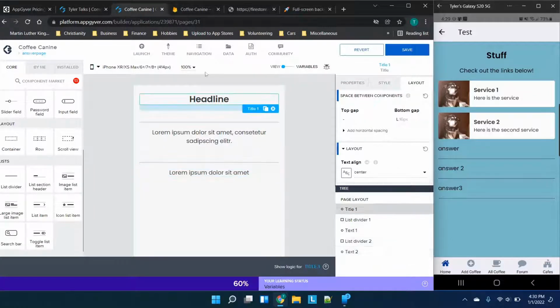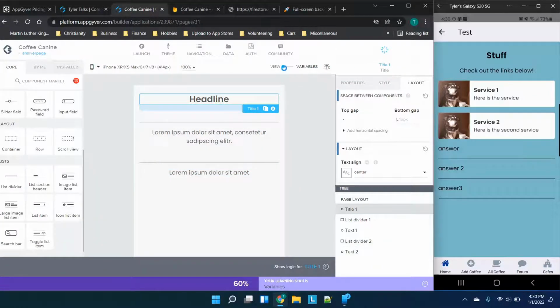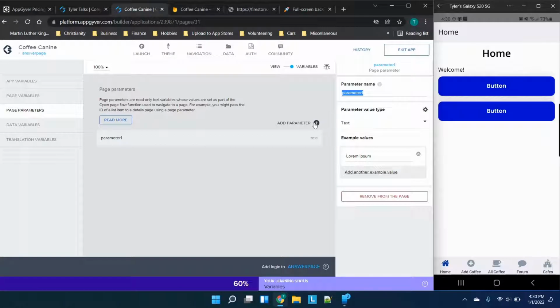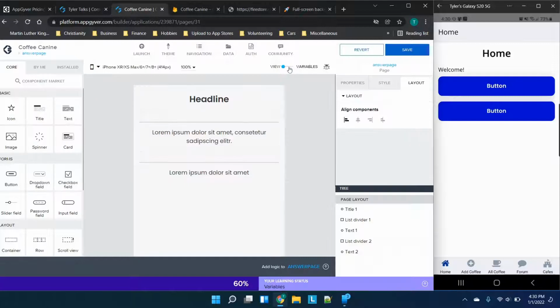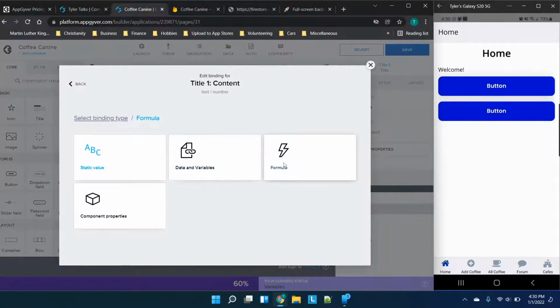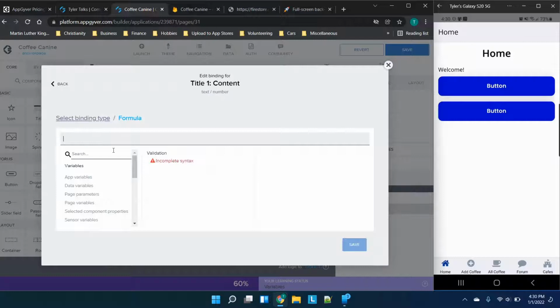And then we're going to need to create something that's new for us. This is going to be a page parameter. A page parameter is basically content on the page that comes from another page. So we are going to name this name, answer, and I'm sure you guessed it, to consider, because these are the variables I want to come through. Now, we want this to be the page parameter for name, and here's what this is going to do. So we're going to go to Formula, Page Parameters, Name,